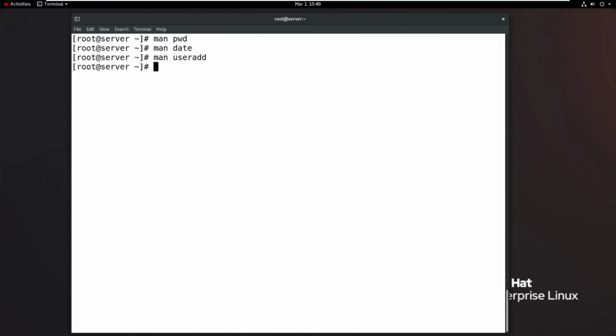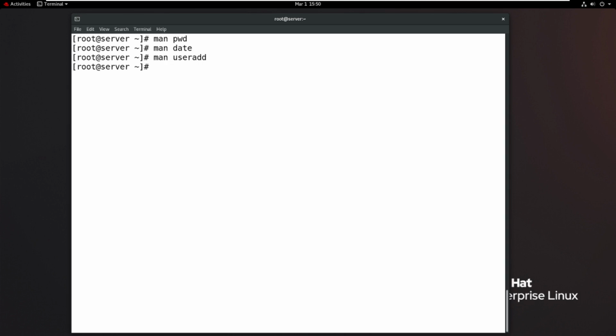So what I am saying here is, if you don't know any command information, just go through the help. Don't ask your sirs, no need to ask your friends, and no need to sit on the internet and type what is the useradd command, what is the date command, what is the pwd command. Just log in to your Linux machine, man space command name only, and it displays the given command information.